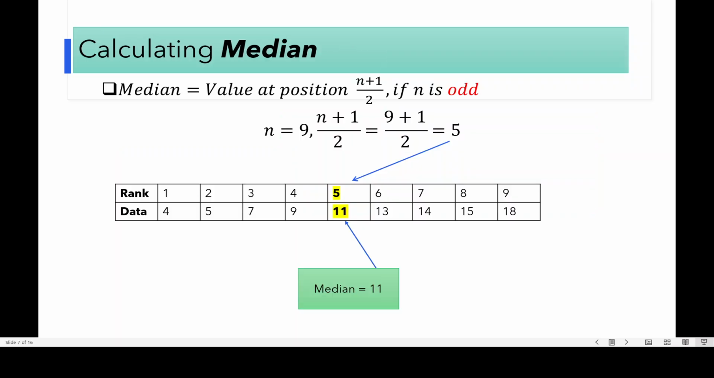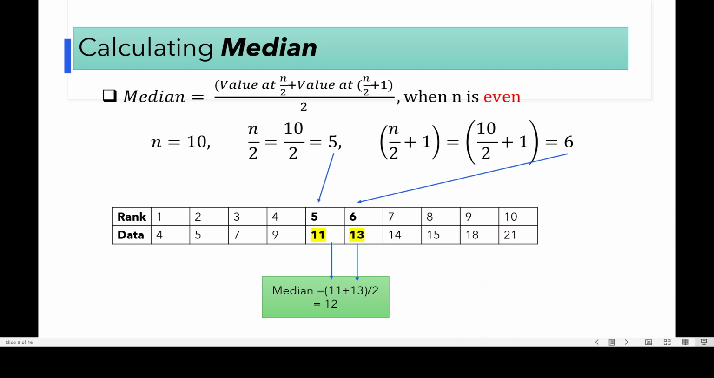How to calculate a median? The first step is to arrange the data in ascending or descending order. Then if n is odd, we take the value at position (n plus 1) divided by 2. Here n is 9, so the median is at the fifth position. This is the middle value. So median is 11. If n is even, then there will be two middle values at position n divided by